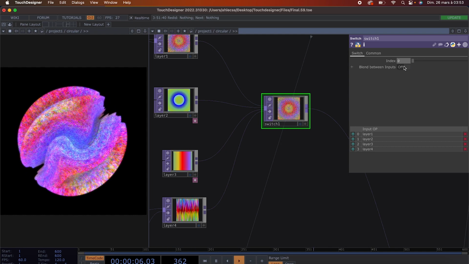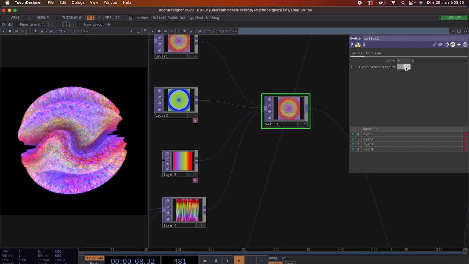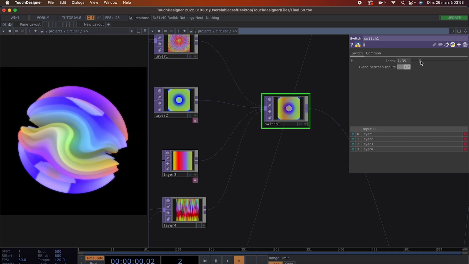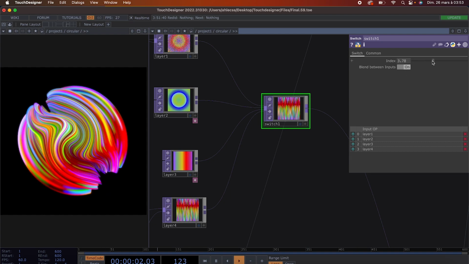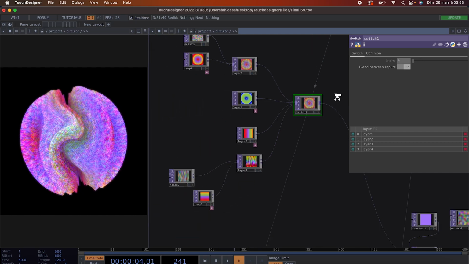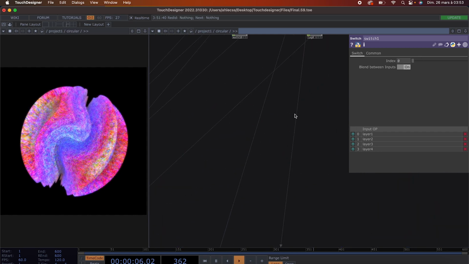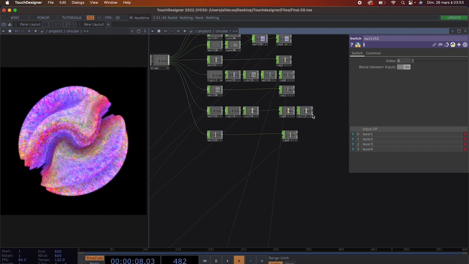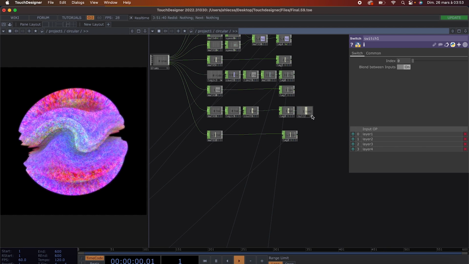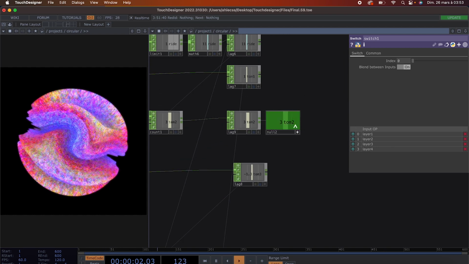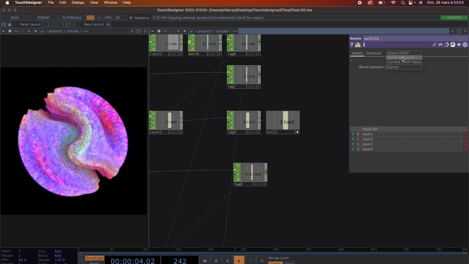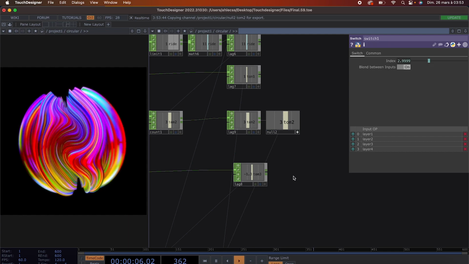If I want them to be blended, I can just toggle this switch and it will be really smooth. Last thing, I have to connect the value of my tom into the index. And now when I click,